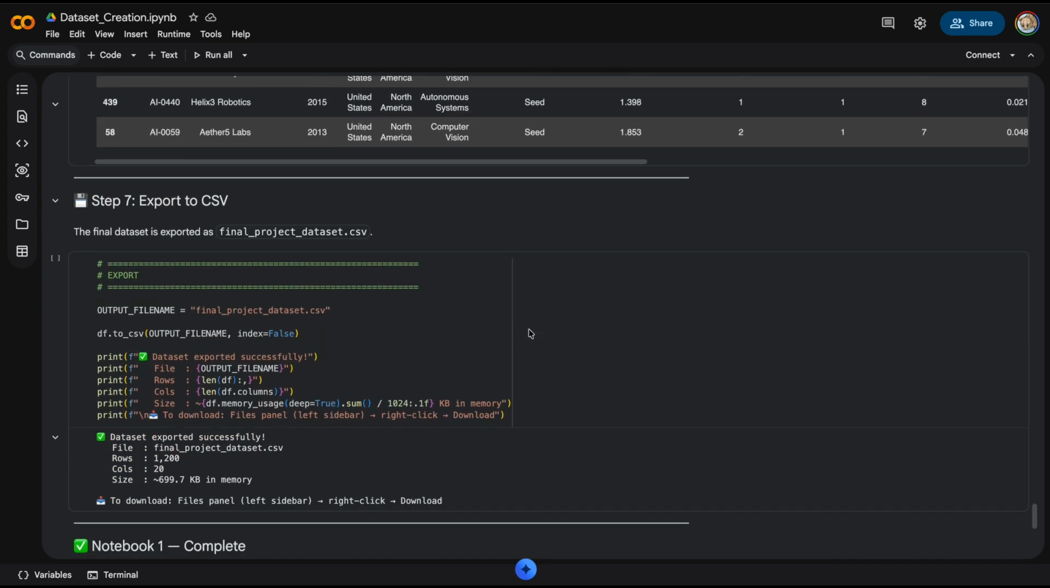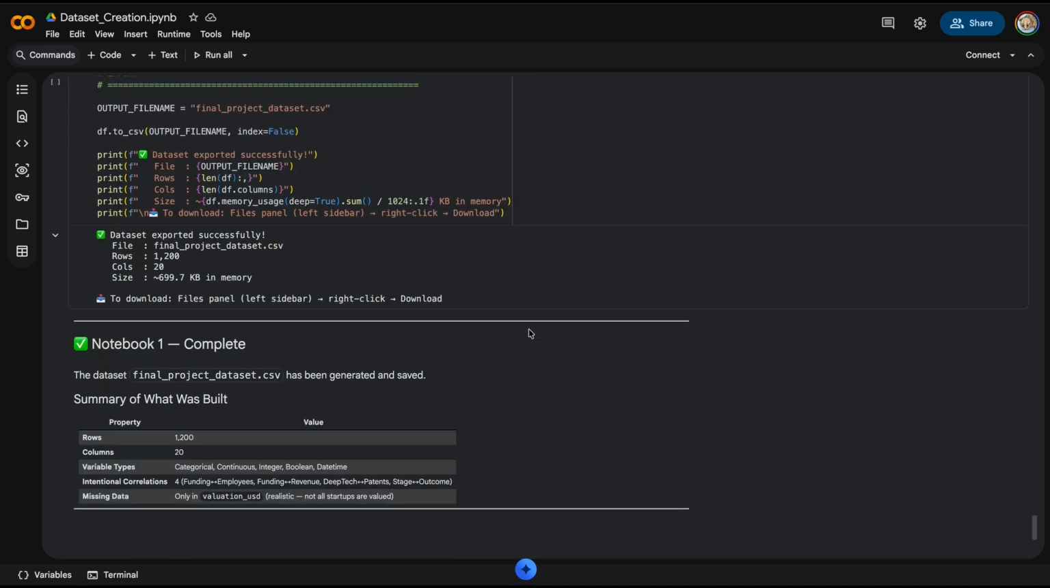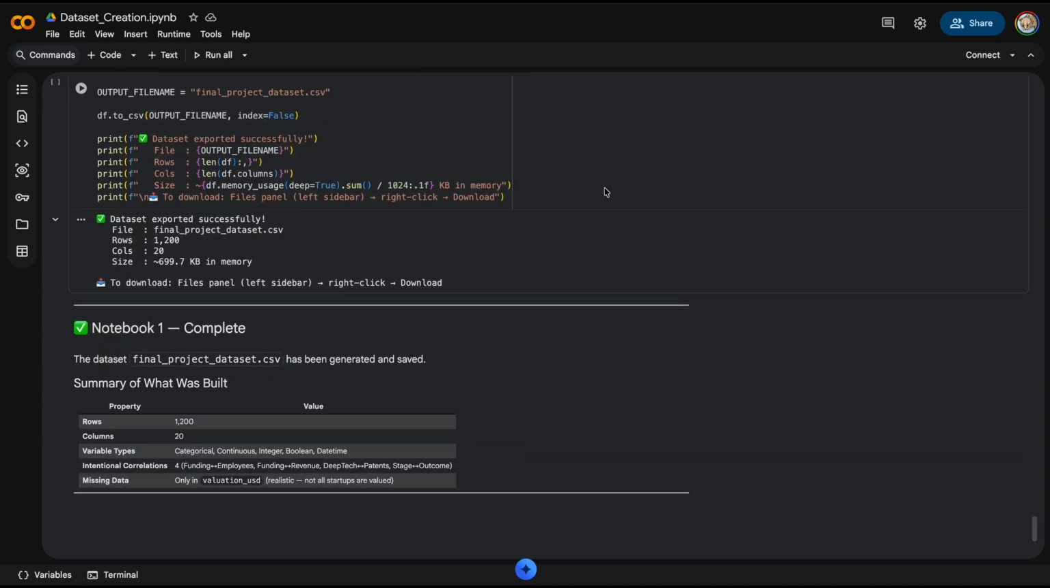In the last step we export the CSV file so that we can use it in our next notebook, in which we'll be creating visualizations based on the dataset that we have created. So our notebook 1 is complete, and now we will look at the